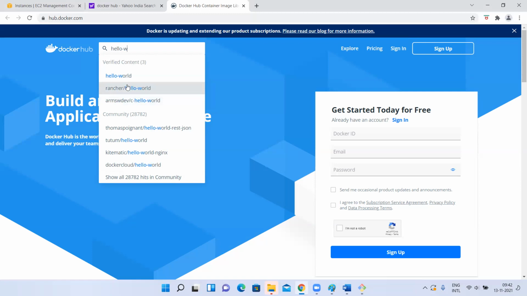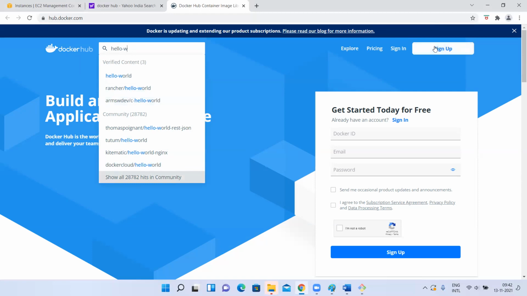Two names, one name, this one, right? So that is going to be a custom image. Someone like us has uploaded the image. These are the images not from Docker Inc. Only this is from Docker Inc. So this is nothing but the image name, whereas it has two names. One is, this part is the image name, and this part is the username, right?